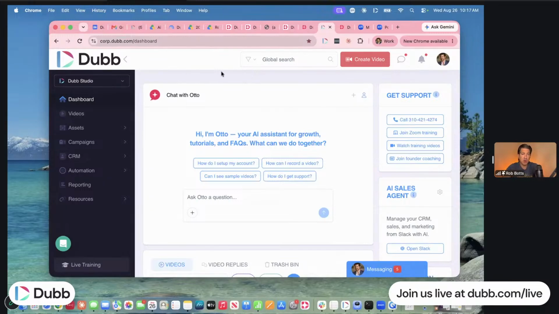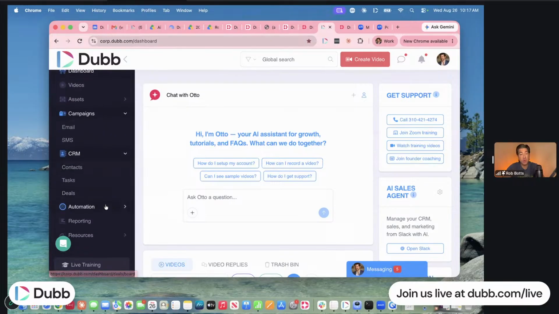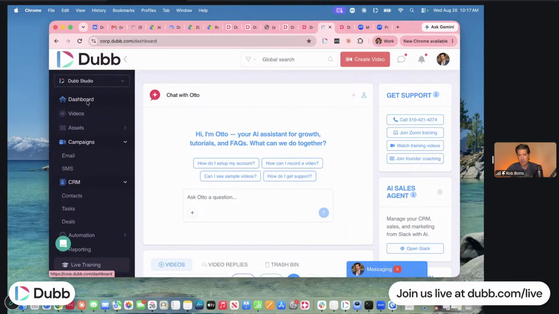Now, Dubb Studio also is a CRM, fully functioning. So if you don't have a CRM, you're looking to switch, you can upload your contacts right over here with a CSV file. You can do tasks, deals, tags. You can do bulk sending with Dubb, email and SMS. And you also can do automation right down there at the bottom, automated workflows through our Pro Plus plan that has really good support. And Darius, our co-founder, would help you set up the automations, which is great attention to detail. So all of this is done within Dubb Studio, that half of this.